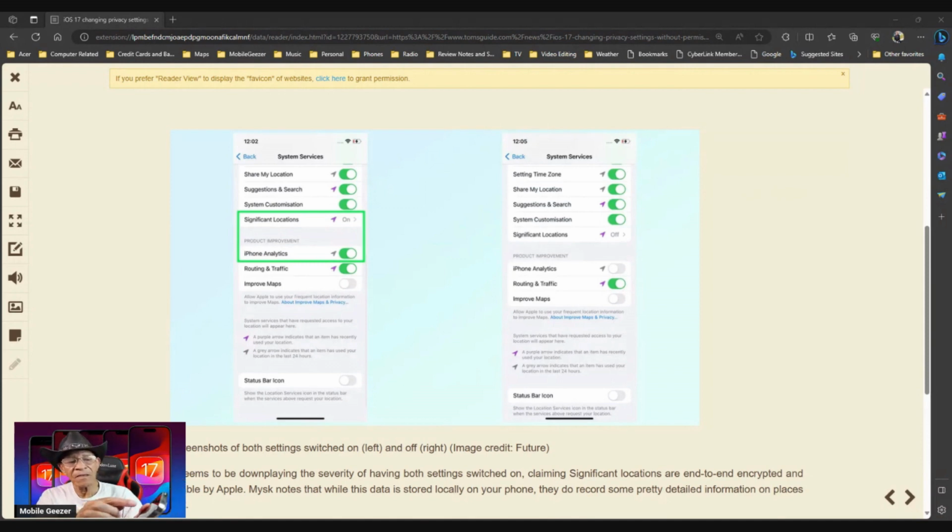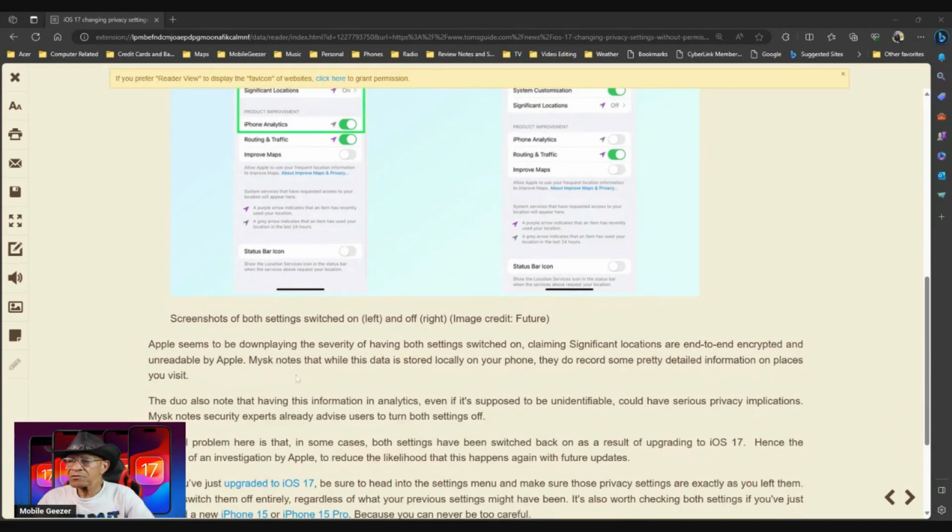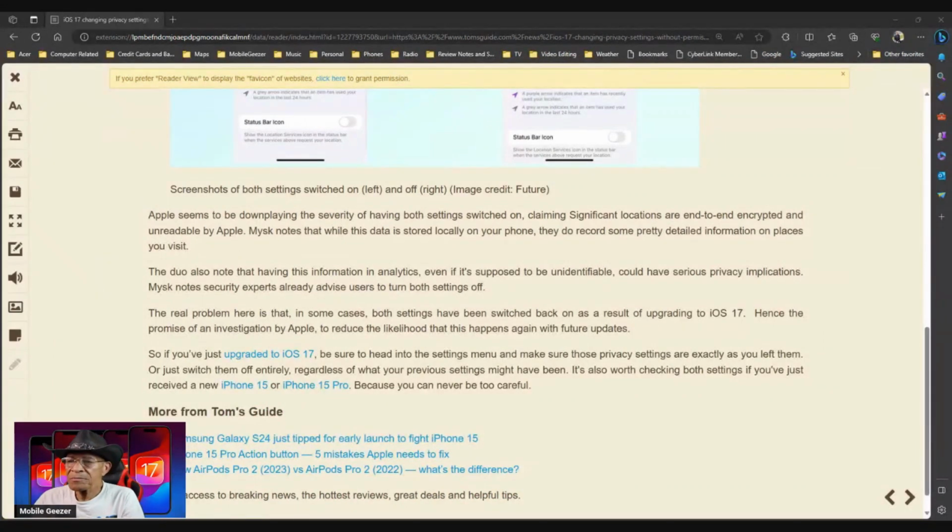Okay, and if we go back, right below that is iPhone analytics. So you can see mine is off. Here's what it looks like when it's on, and I had to switch that off. Now, I wasn't real clear on whether it was on before, but once I read what it's doing, I figured I'd rather have mine off. So there's your screenshots. Apple seems to be downplaying the severity of having both settings switched on, claiming significant locations